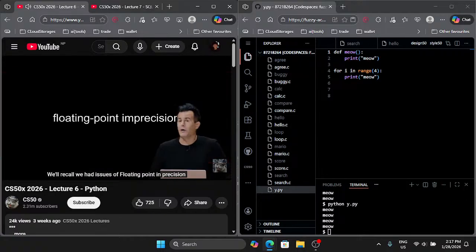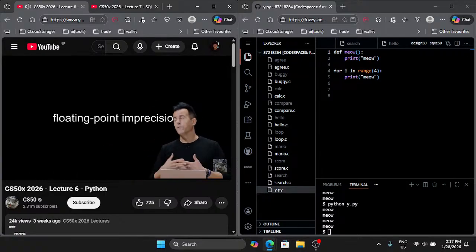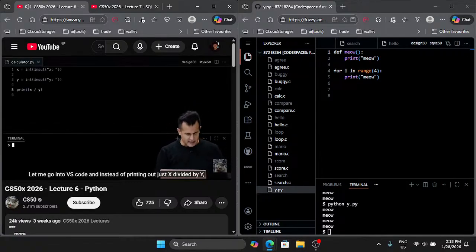Well, recall we had issues of floating point imprecision, whereby even when we divided something simple like 1 divided by 3, and in grade school we learned that was like 0.333333 repeating infinitely many times, we started seeing weird numbers that were not 3 at the end of that value back in the day in C. Unfortunately, that's a problem that's still with us. In fact, if I use the same program here, let me go into VS Code, and instead of printing out